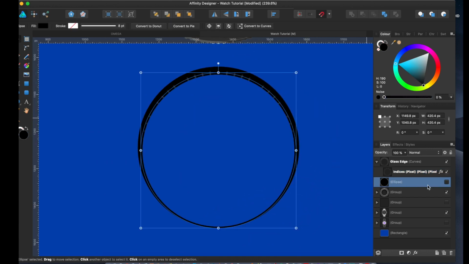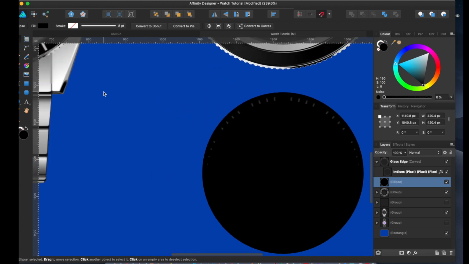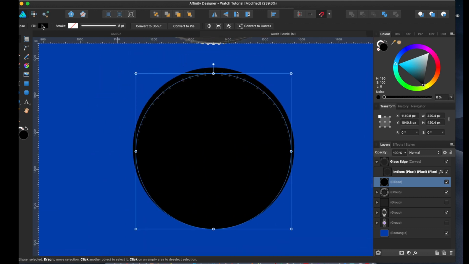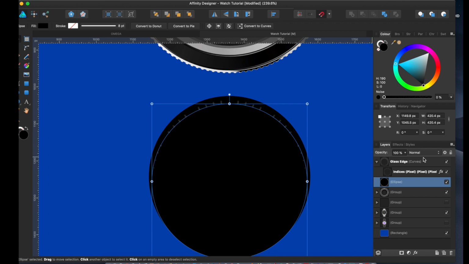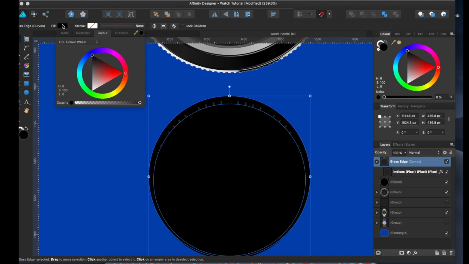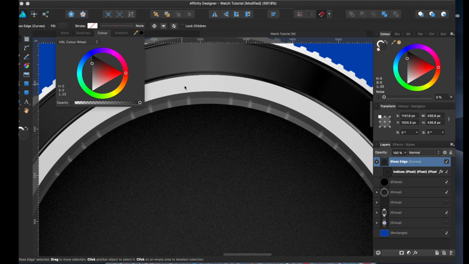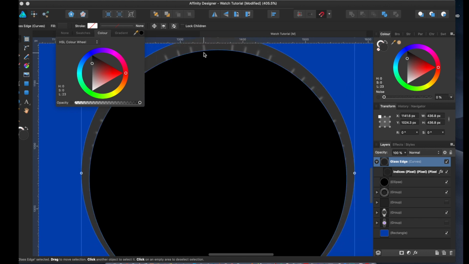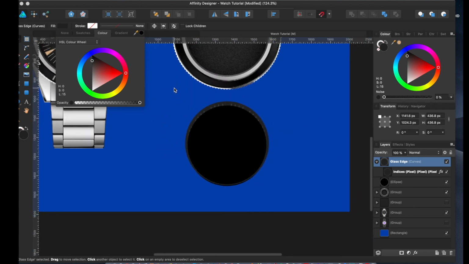I'm going to draw a circle again. That's going to be the watch face, if you remember from earlier. The watch face we made, this grey one. So you're going to put that in the background. There it is. I'm just going to chuck it back in there so that you see the difference between the watch face and this glass. I'm going to make it slightly lighter. If we look up here, okay, it's slightly lighter here than the watch face. Let's make it a little bit darker. It's not that light. And that's how I got the edge of the glass.